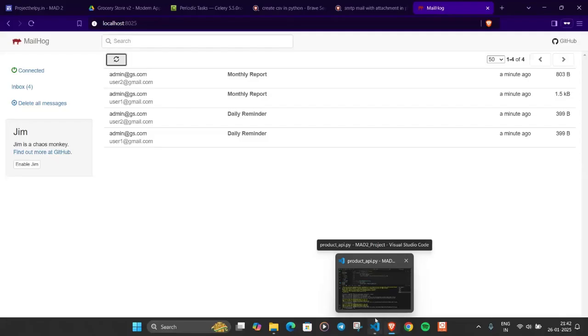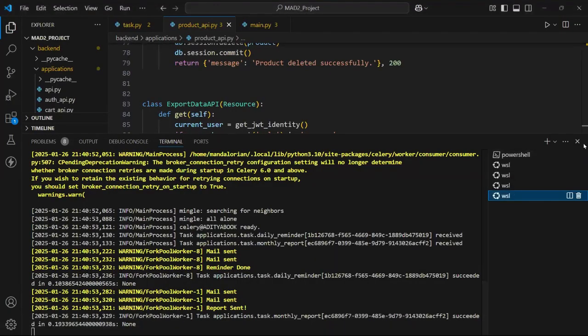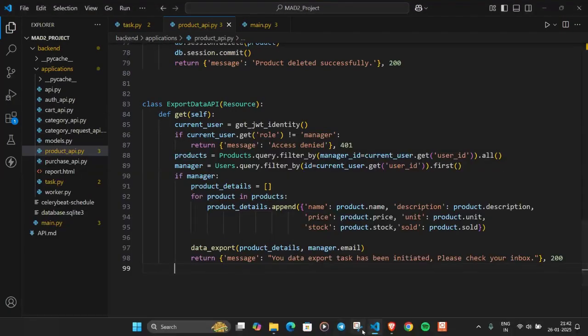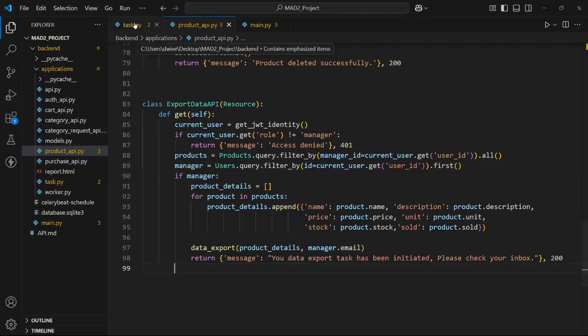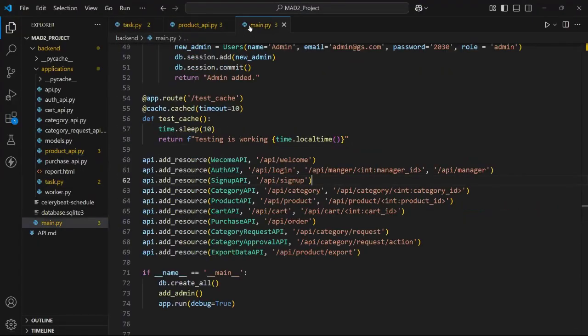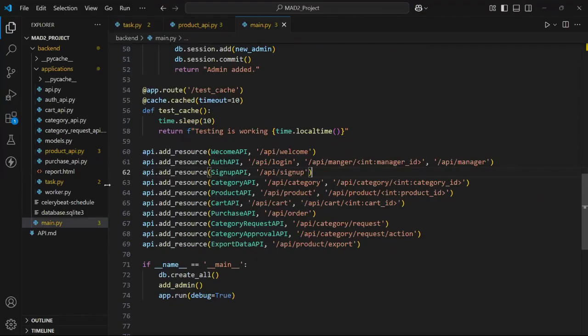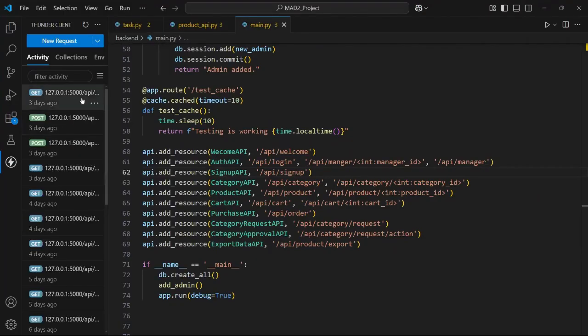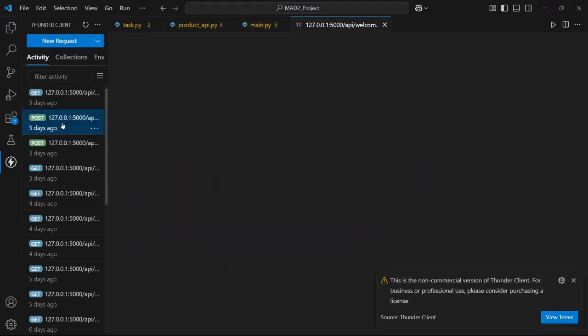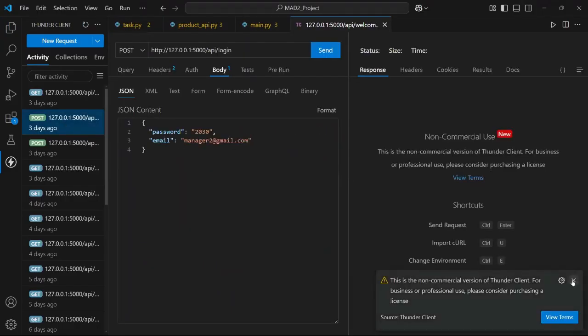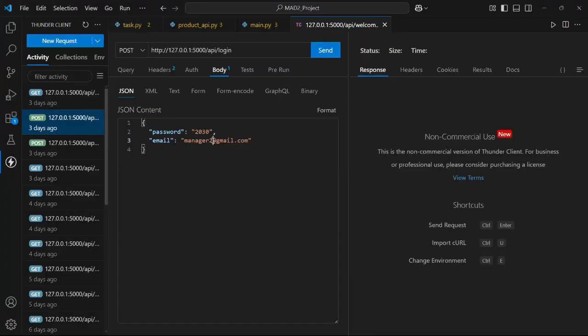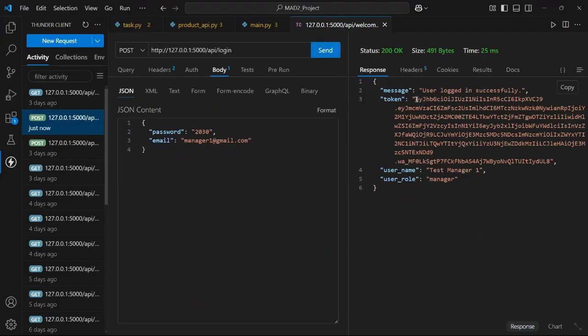reminders, and now we'll have to fetch this, like hit this route. Where is it? This one. So let's open Thunder Client. Let's see our login API. Let's do a quick login. So I think our manager one has some products. So let's log in. We got the token,